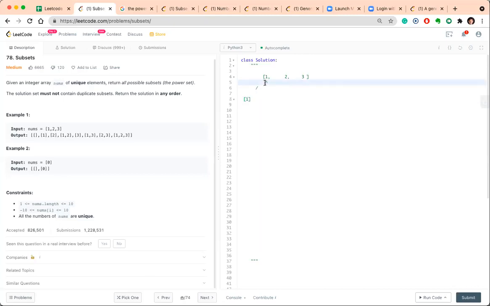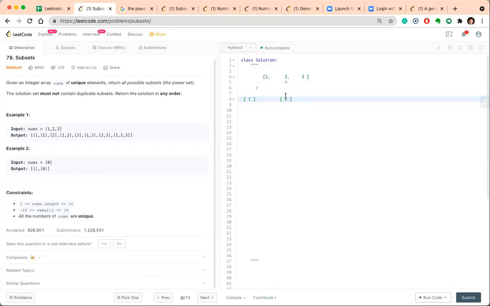Instead of not choosing one, now for first place we just increment our pointer. Now our current element is 2. So for first place we can choose 2 instead of 1.